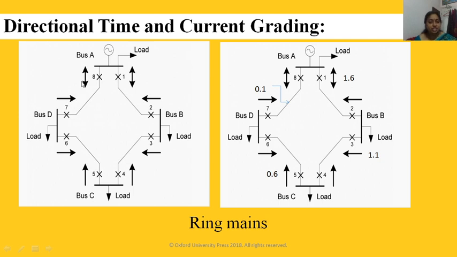Okay, now if you consider a fault here, then we'll go in one direction. If the fault is at F, then we'll start from the directional relay. This is the directional relay. Just for the sake of example, here we have an instantaneous relay, with minimum time 0.1 second and time delay 0.5 seconds. So definitely it will operate instantaneously.